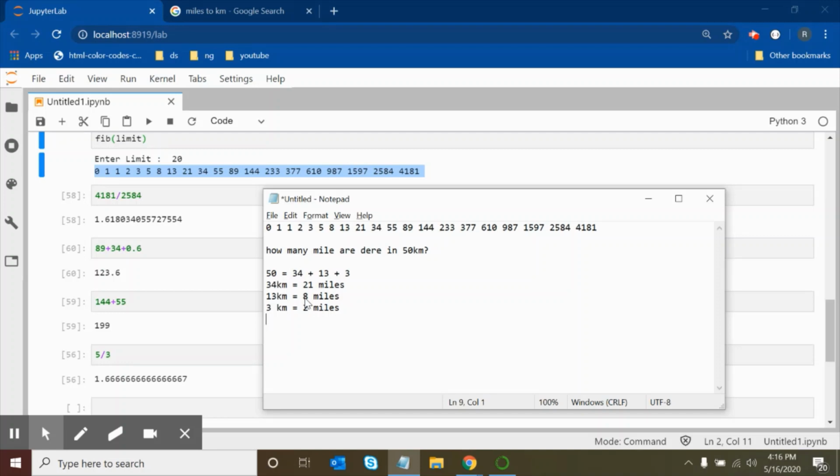This is not the exact result, this is the approximate result, maybe 1 or 2 points up and down. So when we sum this, 21 plus 8 is 29, plus 2 is 31. So 50 kilometers is about 31 miles.